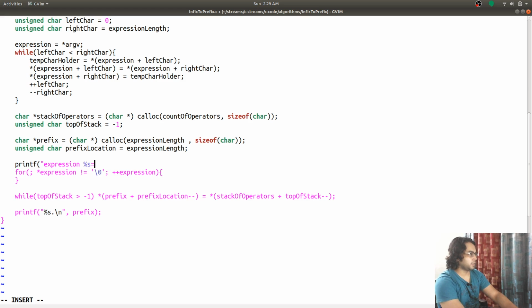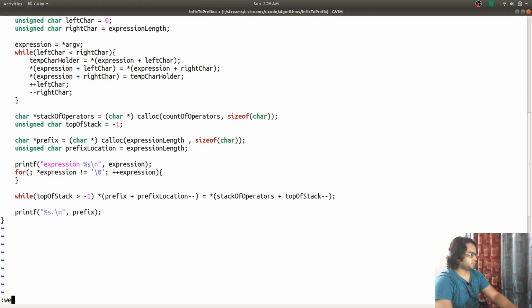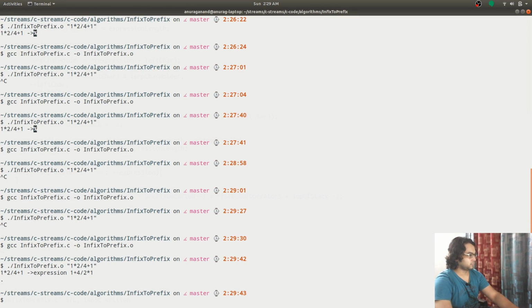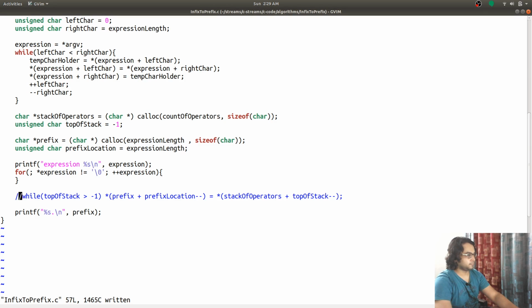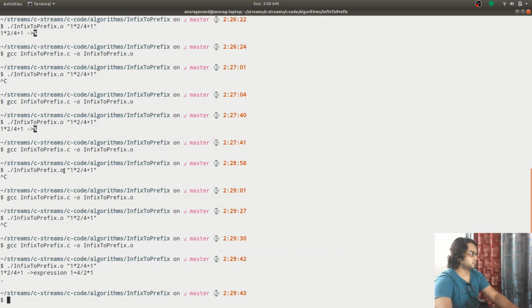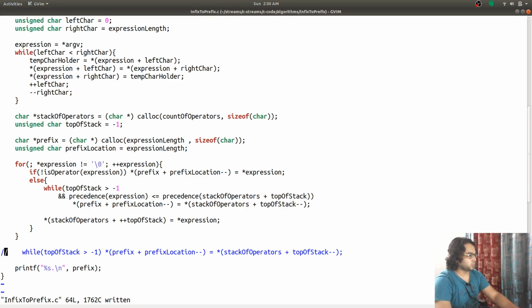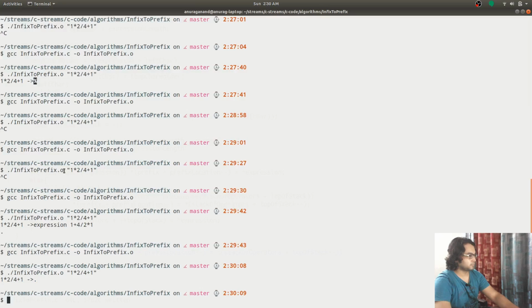And why is there an error here? So this while loop is the issue.